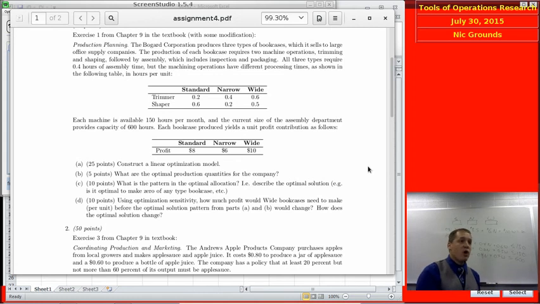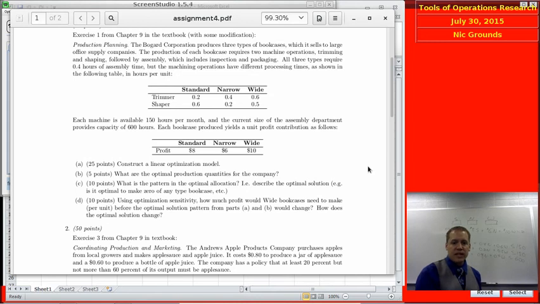Did we choose to make no bookcases of one of the 3 types? Right, those sorts of things. Okay, so just in your own words, describe what you feel aptly describes the pattern of that optimal decision variable values. Okay, and then part D,